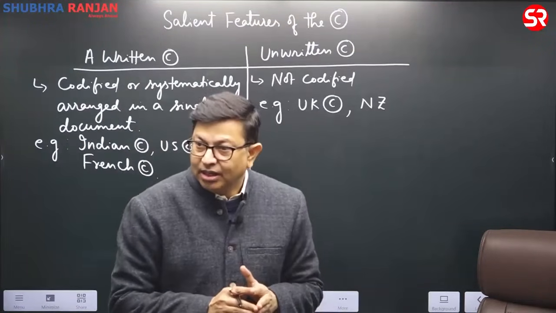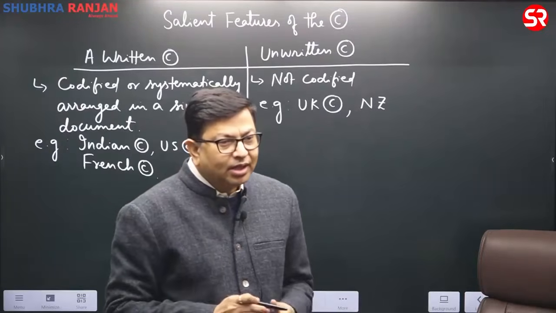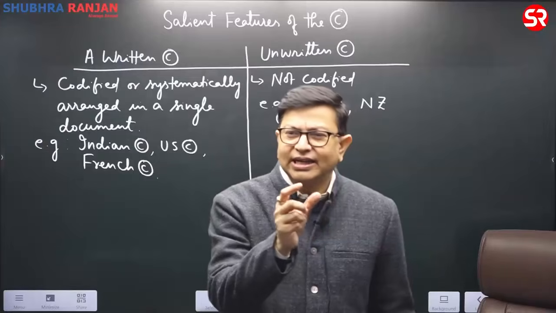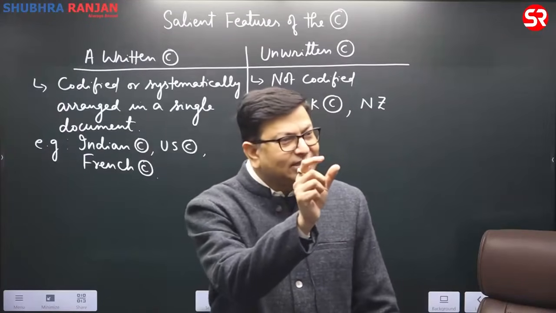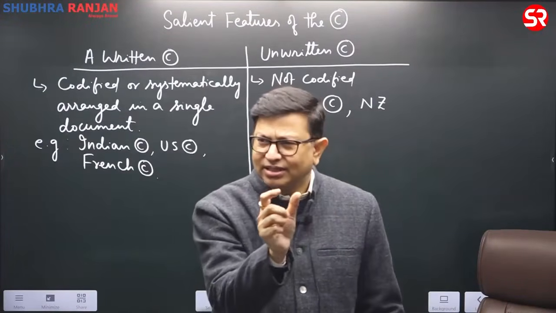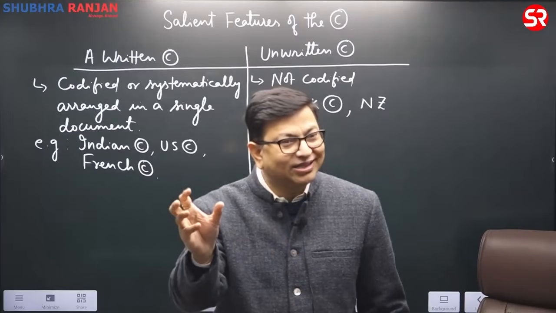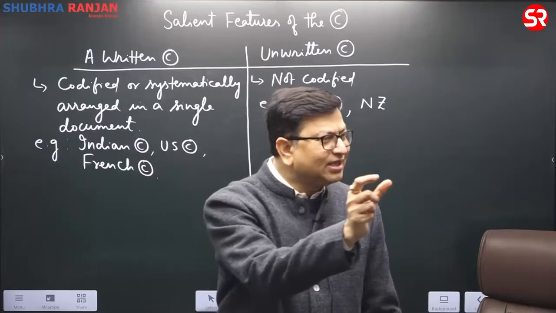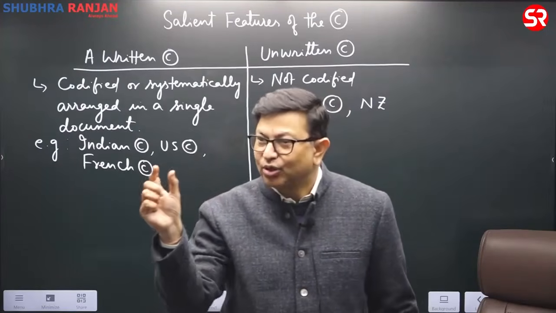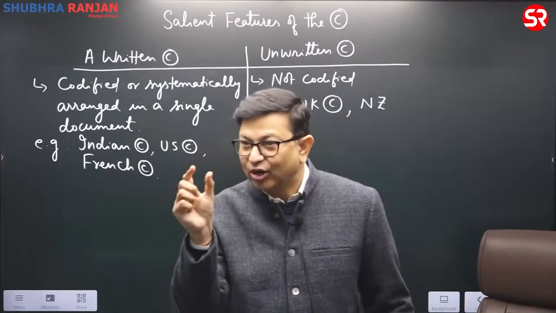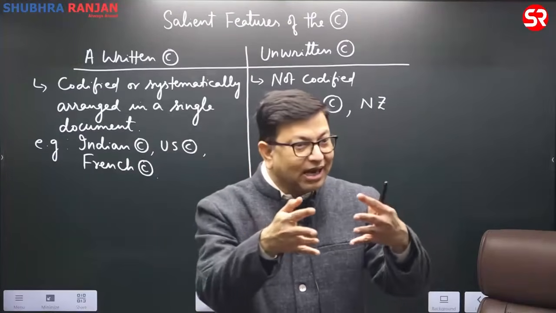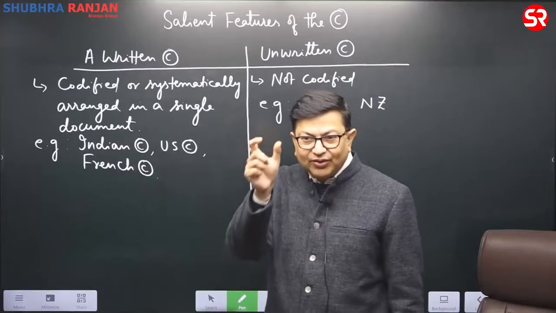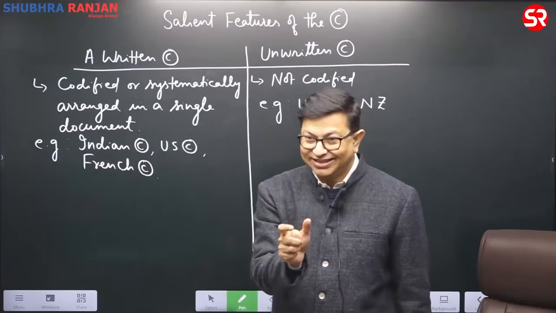For example, in United Kingdom, the things have been written down, like the provisions related to Parliament, but in one separate statute. Statute means the laws which have been passed by the legislature. Then Judicial Act, a separate book. Writ of Habeas Corpus, a separate book. So in separate booklets, in separate laws, they have got the things written down, not at one place. But if we talk about these constitutions, the provisions have been written down at one place.